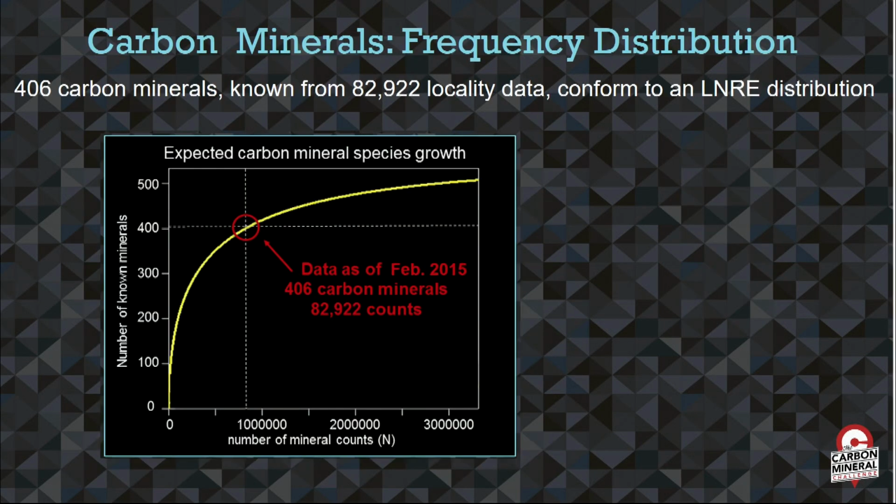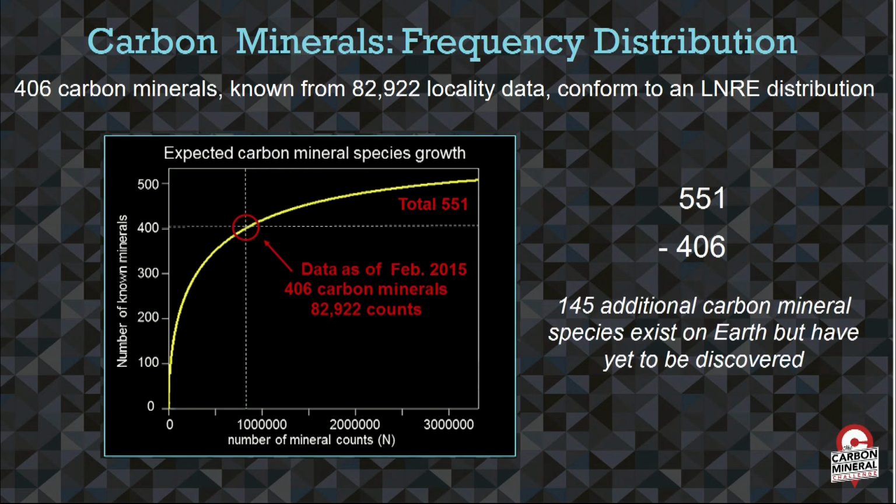So it shows us how carbon minerals are distributed, and it enables us to start making predictions about where we can find new ones. Here's that accumulation curve of the known number of species that we have. We started out with 406 different species at the beginning of the challenge. This was from about 83,000 or so mineral-location pairs that had been measured by that point in time. And when you extrapolate it out here, we estimated that there should be a total of about 551. We now think that's probably somewhat of an underestimate given the new methods that we're developing now. But if you take that 551 total that we estimate minus the 406 that we already knew about, that would predict about 145 carbon minerals somewhere on the Earth that we just haven't discovered yet.